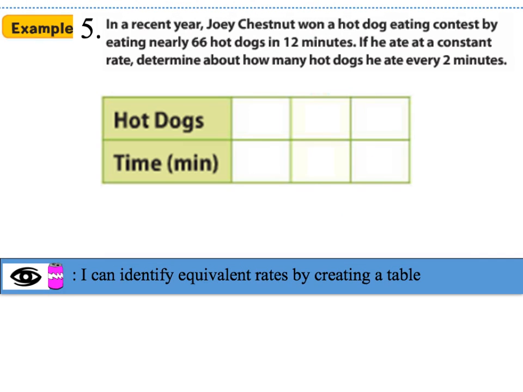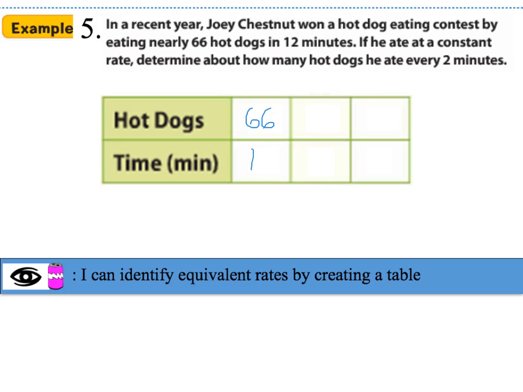So for example 5, it says in a recent year, Joey Chestnut won a hot dog eating contest by eating nearly 66 hot dogs in 12 minutes, which is disgusting, by the way. If he ate at a constant rate, determine how many hot dogs he would eat every 2 minutes. Alright, so let's fill out our table using the information given. He ate 66 hot dogs